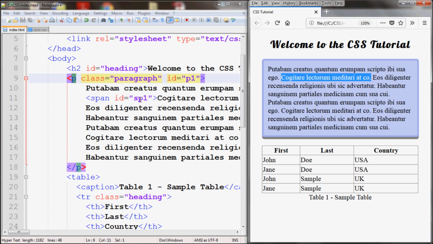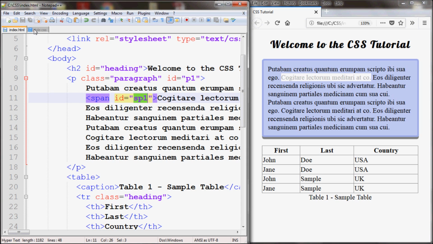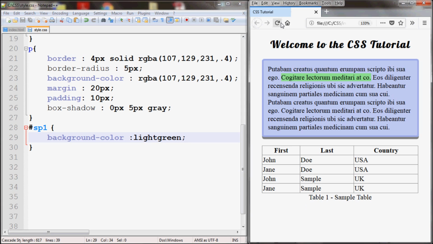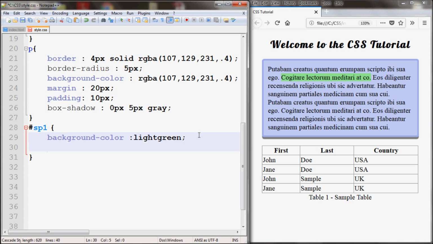So I'll select the span by the ID sp1. So enter hash sp1, and then I'll add the background color to the span. So I'll make it light green. So if I save and refresh, here you see the light green span, and write the display property. And for this, the default is inline,